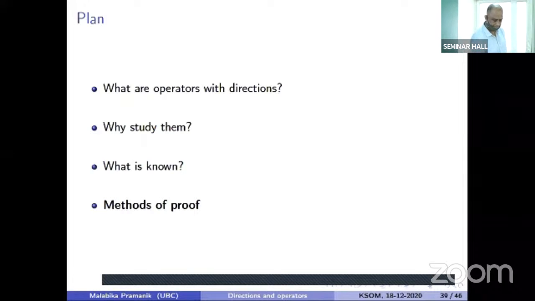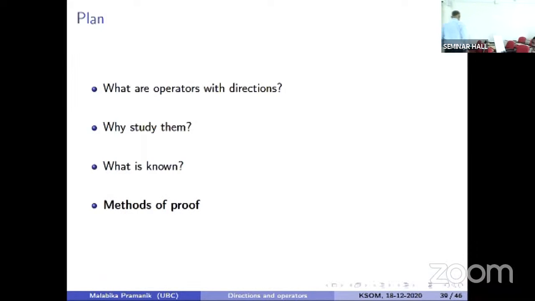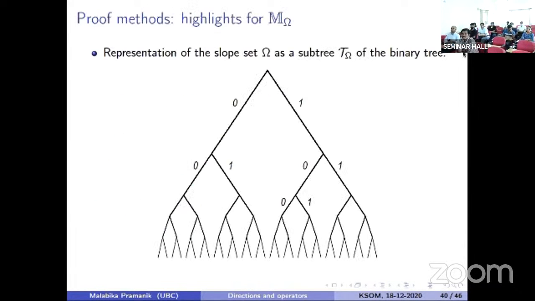In the last few minutes that I have left, I plan to give you a very brief overview of the proof techniques used in some of the results that I have quoted today. Let's first consider the work of Bateman that resulted in a planar characterization of the boundedness of the directional maximal average M omega. A crucial ingredient in that study